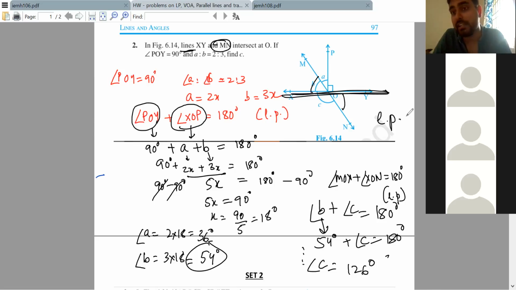It shows that you are not able to see that MN is a line, a little lack of alertness from your side. It shows you think a line should be flat only. A line can be in any direction. MN is a line, so why don't you use it? Manoj, are you getting me? Yes, sir. If there is a shorter way, use that. Write all steps, but use the shortest path if you are able to identify it.